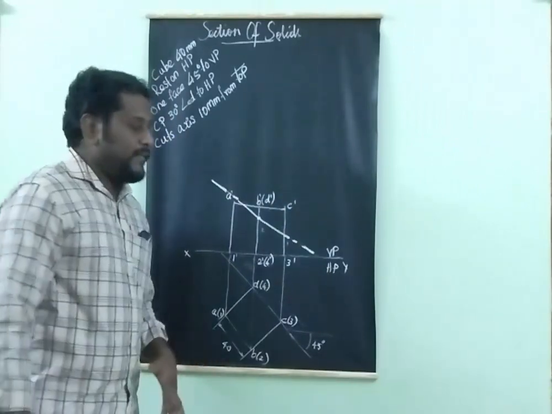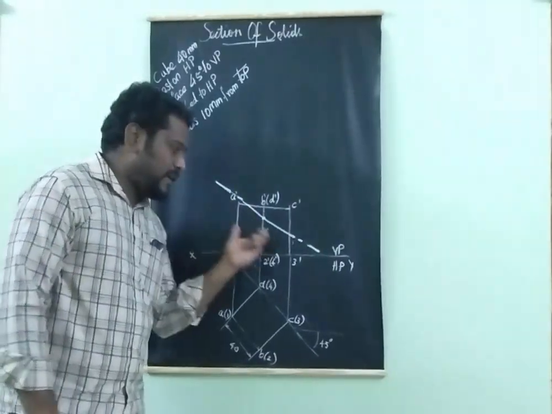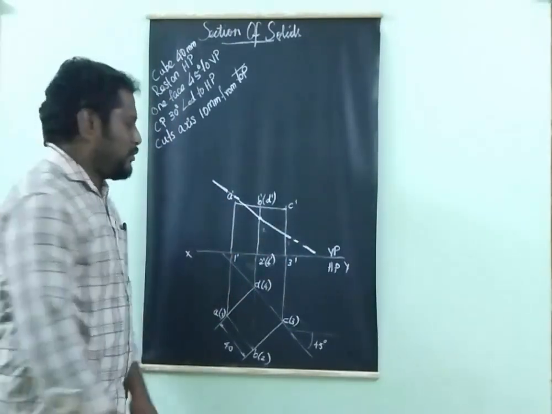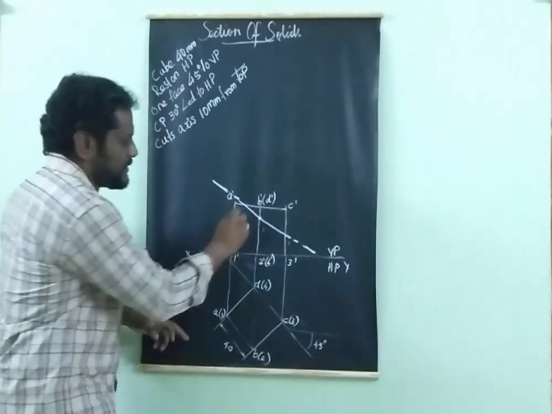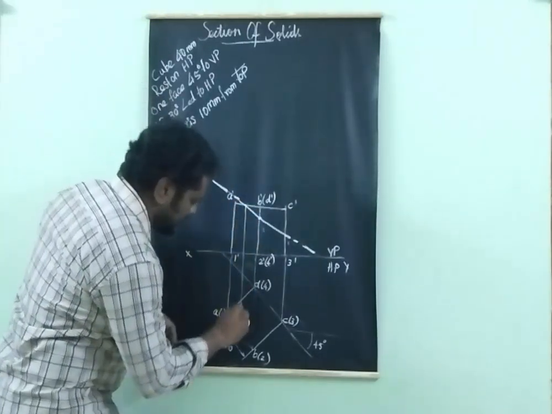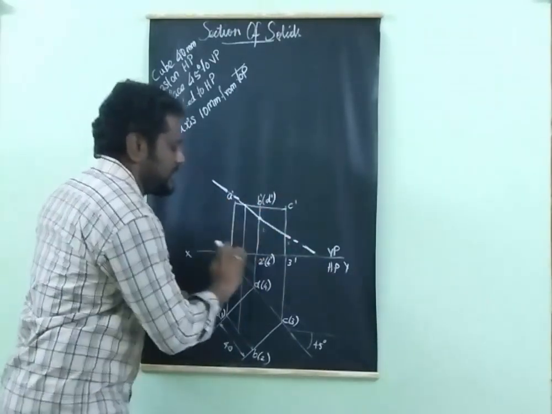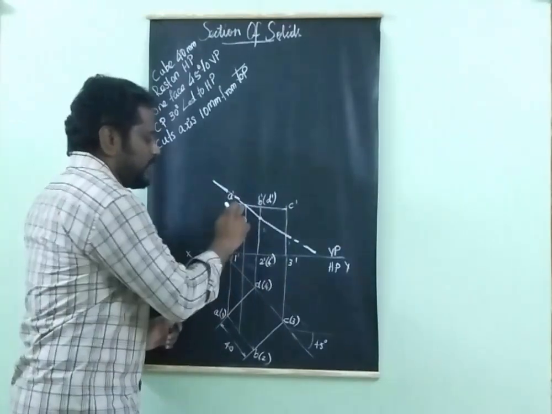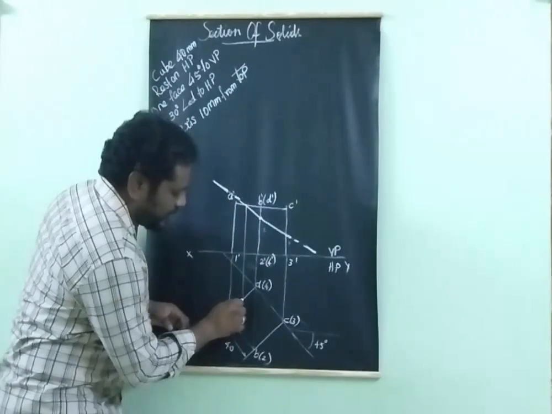So far we have discussed only problems like the cutting plane cutting only the longer edge. Here in this problem the cutting plane cuts the top base. To determine how many points are there here, you have to extend or project this point downwards like this. Now this is a shorter edge. In the top base and bottom base there are only shorter edges. These are all longer edges. Now this point is on a shorter edge, so here a shorter edge point will be there.